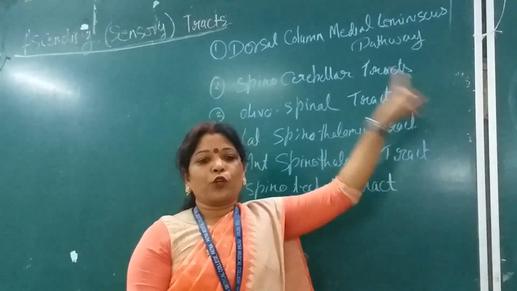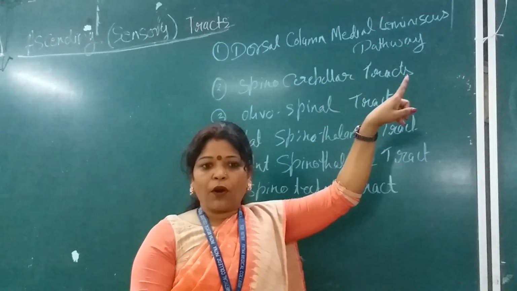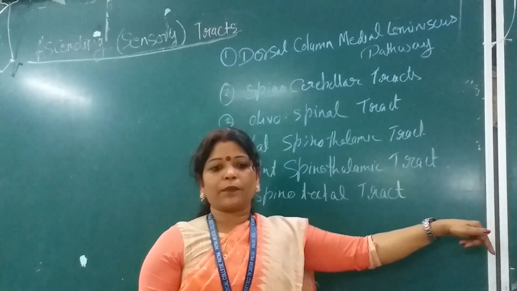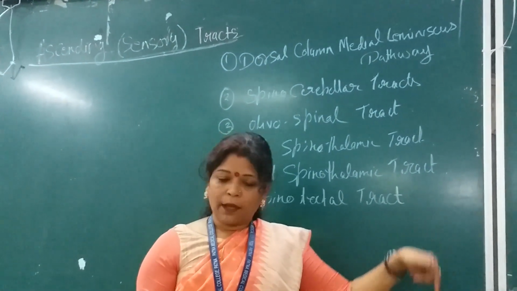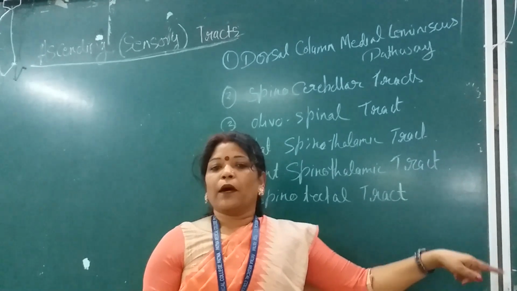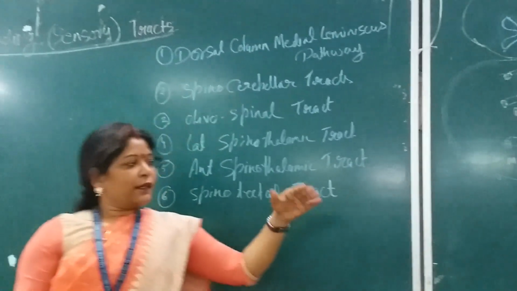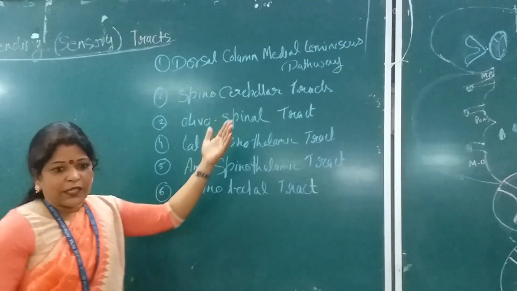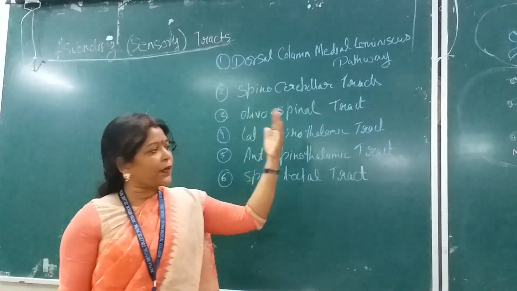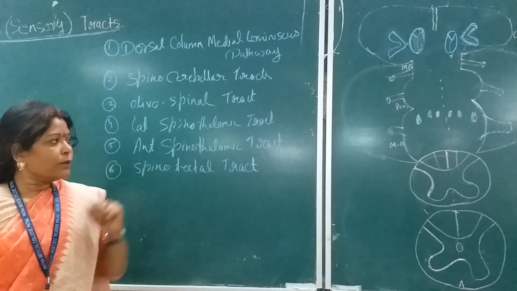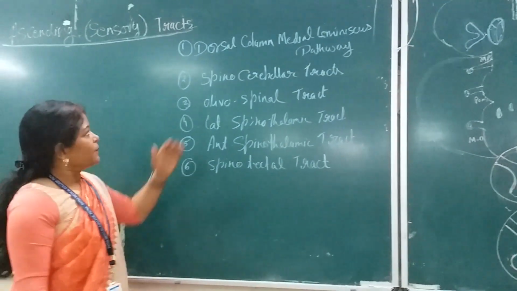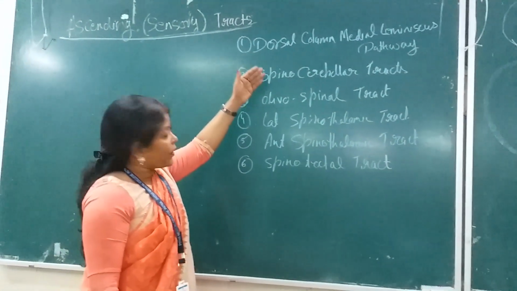That is towards the cerebral cortex and away from the cerebral cortex, these sensory and the motor tracts are going and coming down. So this is the highway. You can say it is a highway. The white column is the highway which serves the purpose of both the sensory and the motor path. So one by one we will discuss the important ascending tracts.